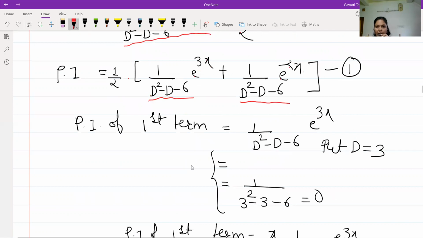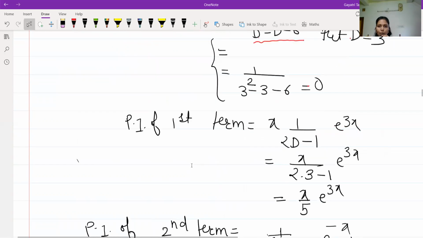Now see that PI of the first term. Function काय आहे? Exponential. पण पहा, what does the exponential method say? We have to put D is equals to a. That is 3. What is meant by a? Coefficient of x. पण पहा D च्या जागी जर का मी 3 ठेवलं तर डिनॉमिनेटर काय येतोय 0. तर त्या केसमध्ये मी काय सांगितलंय, you have to multiply by x, take the derivative of the denominator with respect to x, and in that derivative put D is equals to a, that is 3.